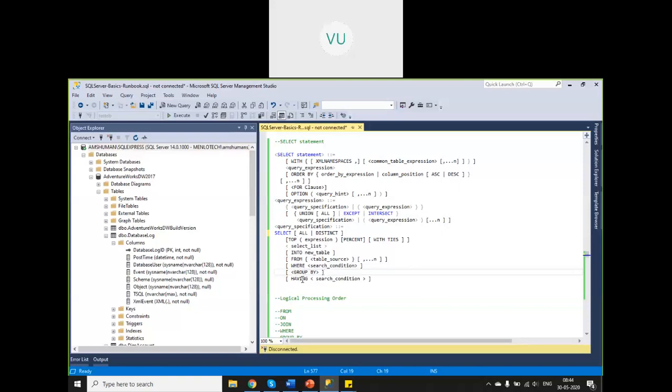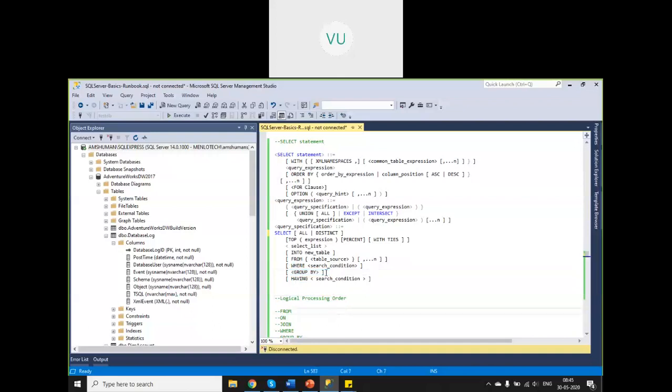Okay. And having is a condition which you want to apply on a particular group. That means if I say select all students with a particular age, group by age column, right? And having age greater than 10. That means only the groups with age greater than 10 will be brought. So having is a filter for your various groups, right?